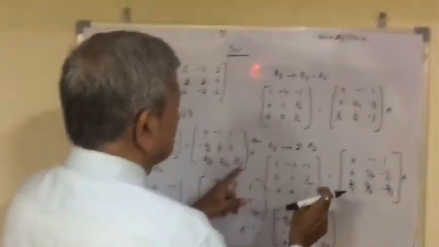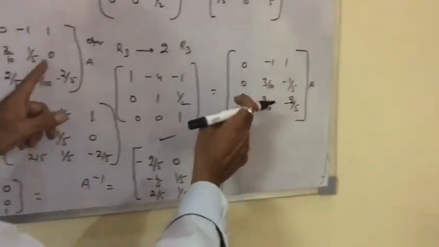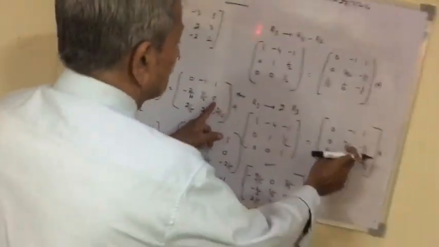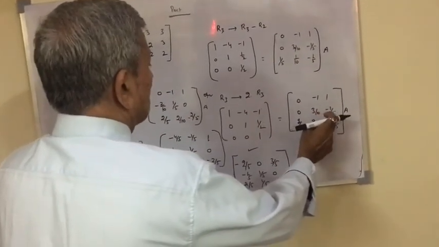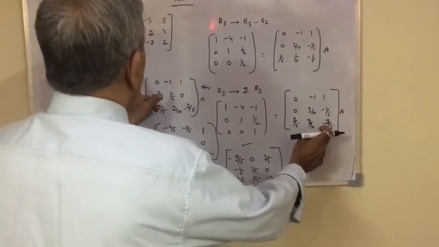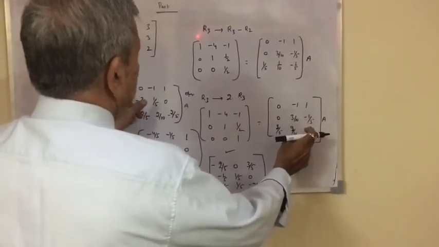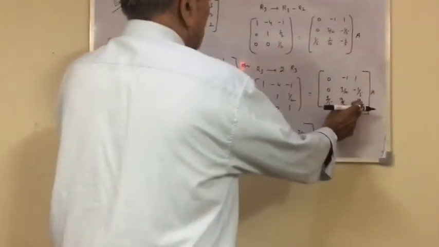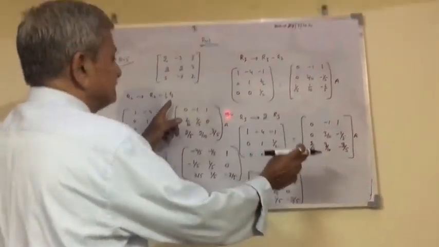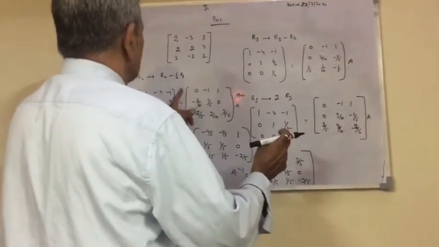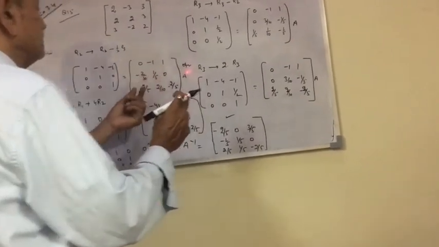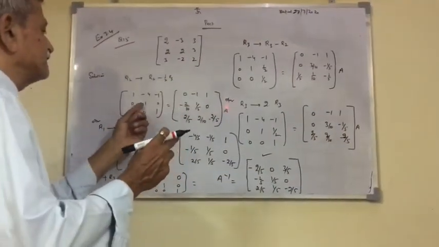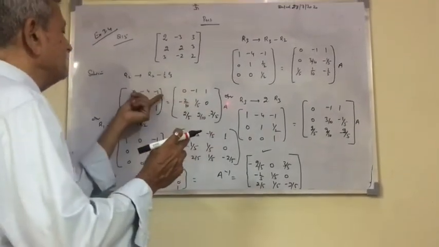And now your value will be 1 half and then 0. Then the third value will be minus 1 by half and minus 1 half of R3. So you would find 1 half of R3 means minus 2 by 5. So you would find this value, and on the R2 operation your value goes to 0. So in this way you operate only on R2. Your changes will be in R2, and your R1 and R3 will be the same.